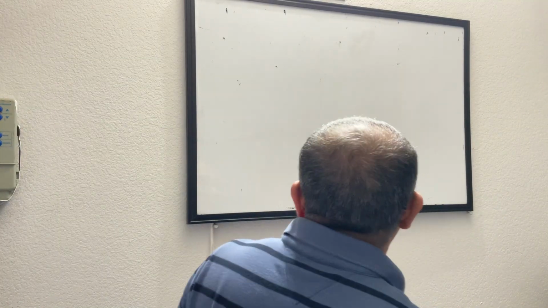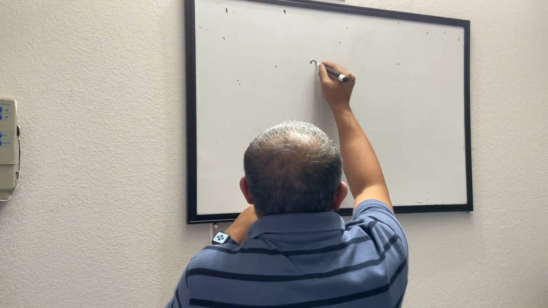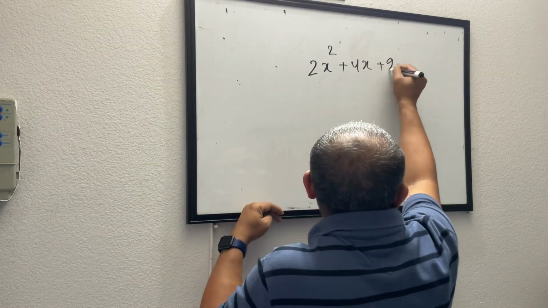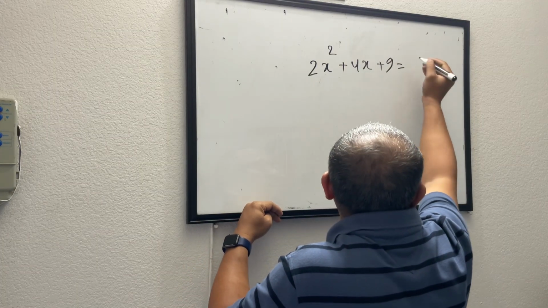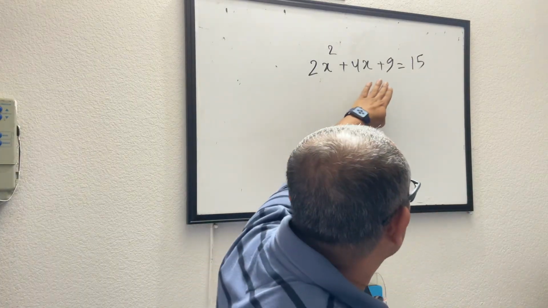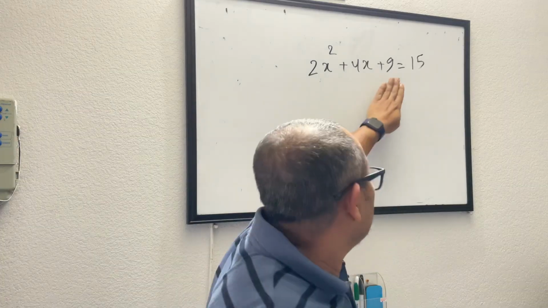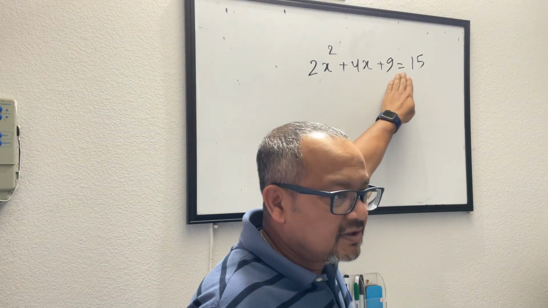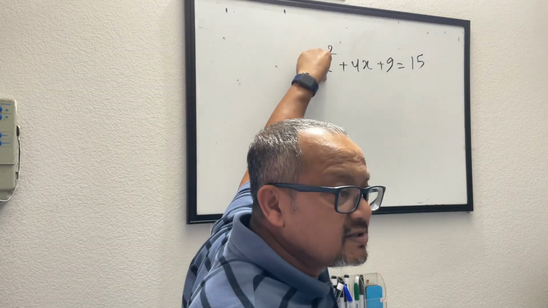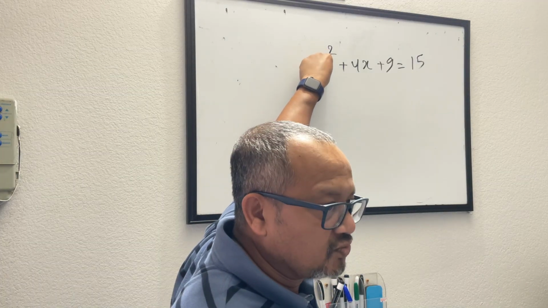Quadratic equation, if you are talking about, it relates to something where you have an equation, let's say equal to 15. It talks about an equation. Quadratic equation is an equation. We have an equal to sign, so it's an equation. It's an equation where the maximum power to the variable is 2.